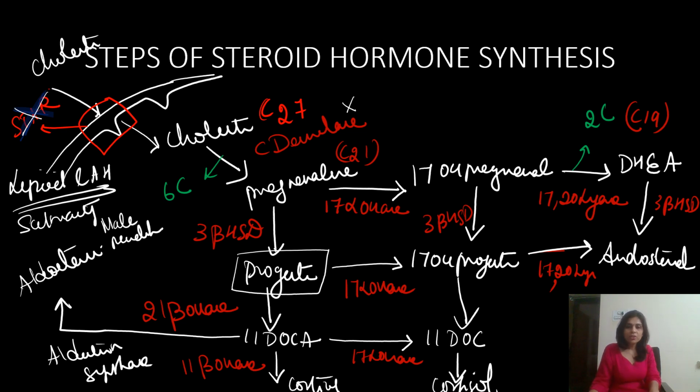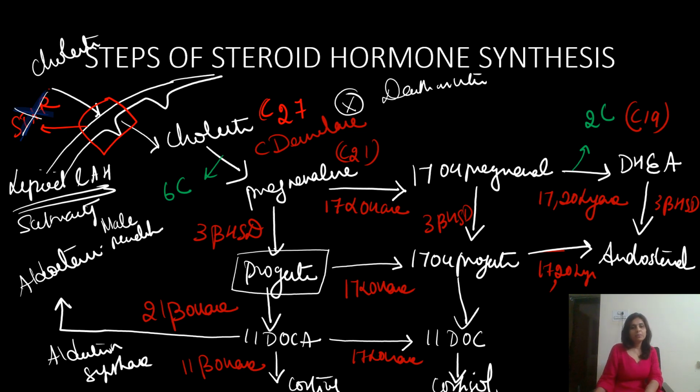What happens when cholesterol desmolase is defective? This is an enzyme which is involved not only in adrenal cortical steroid hormone synthesis, but also in placental hormone synthesis. So placental progesterone is not synthesized for this fetus. Progesterone is necessary for continuation of pregnancy. So this causes death in utero. And that is why you would never have come across the term congenital adrenal hyperplasia due to cholesterol desmolase defect, because it causes death in utero.